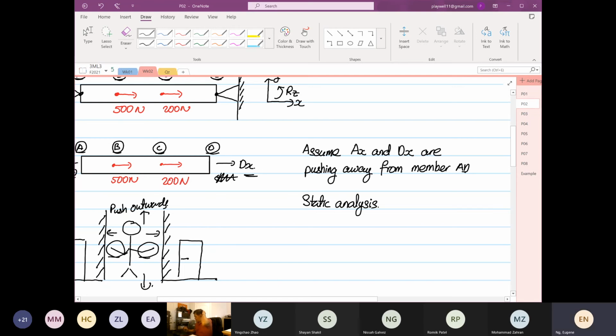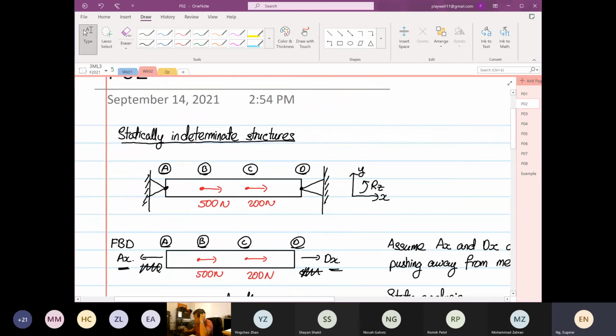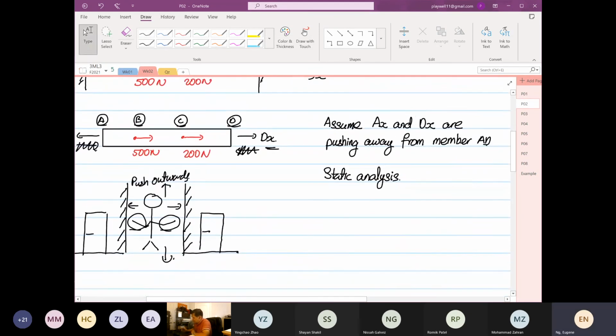Okay. Now, just to recap, what I'm trying to prove down here is that this structure is statically indeterminate. Means you cannot just use static analysis to solve the problem. Okay, that is our objective. So, okay, let's do something simple. Static analysis means we are going to take moment